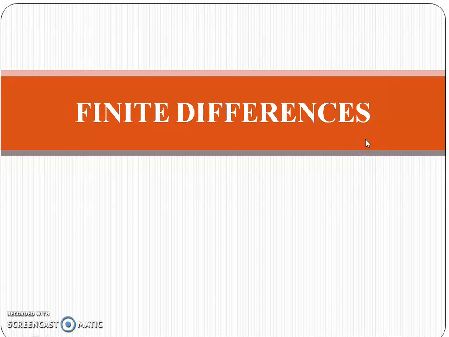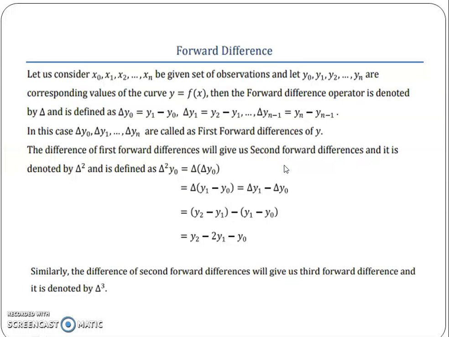Dear students, this session we are going to study about finite differences. First, forward difference. Let us consider x0, x1, x2 up to xn be a given set of observations, and let y0, y1, y2 up to yn be the corresponding functional values of the curve y equal to f of x. Then the forward difference operator is denoted by